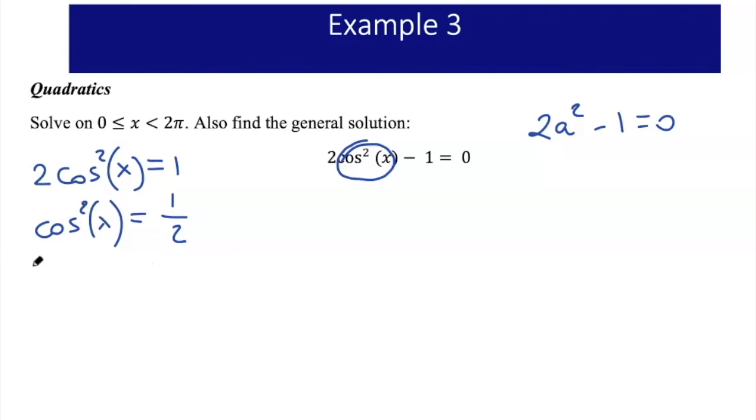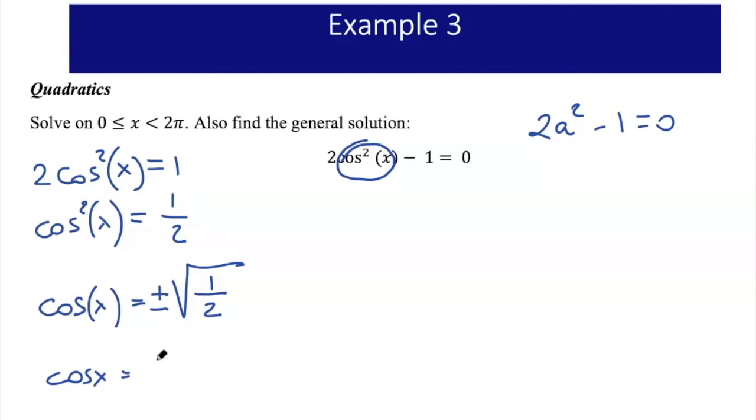And finally, I take the square root of both sides, and I have that cosine of x equals the square root of 1 over 2. Pay attention here. When I take the square root, I have to take both the positive and the negative square root. So that means that I have cosine of x equals plus or minus square root of 1 is 1,